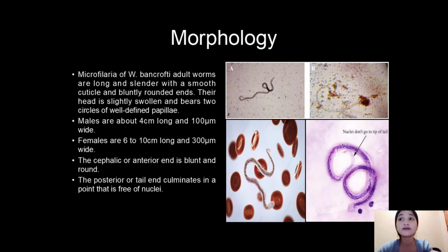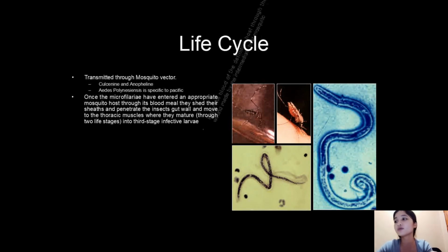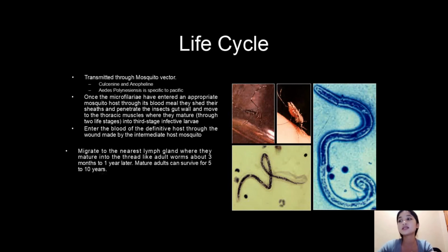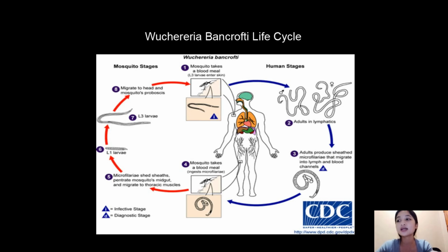So basically, females are quite larger compared to males. The cephalic or anterior end is blunt and round, while the posterior tail end culminates in a point that is free of nuclei. There is a thin and delicate sheath that surrounds the organism and numerous nuclei that are contained in the body. So for the life cycle,